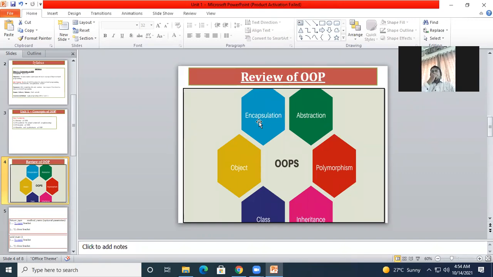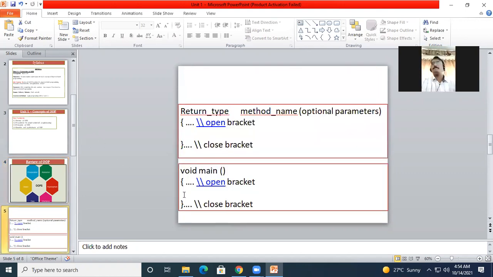Now, access modifiers. You may have heard this term for the first time, access modifiers. See, now in the C programming language we have gone through two levels. One is the local variables and the other is, yes, the global variable. Okay, I will go back to this main function.